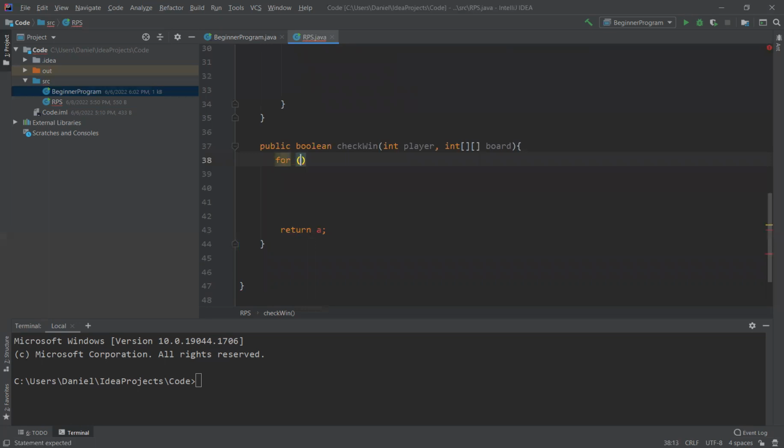Since there are 3 rows, the beginning of this for function is fairly easy. We repeat this 3 times. Then we want the row